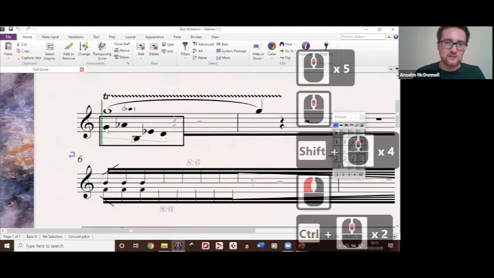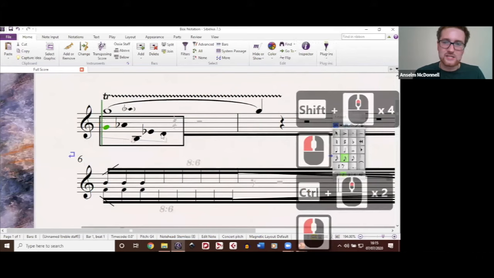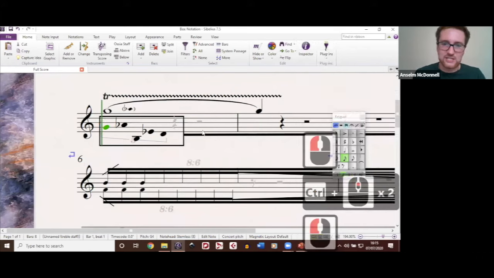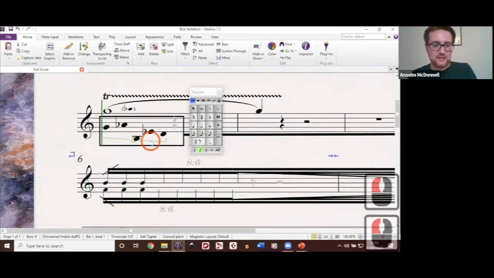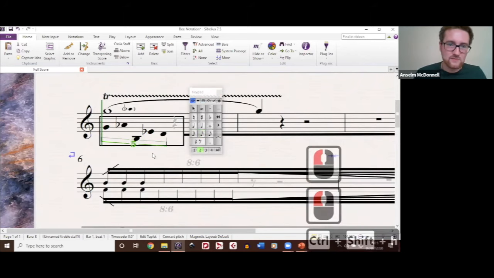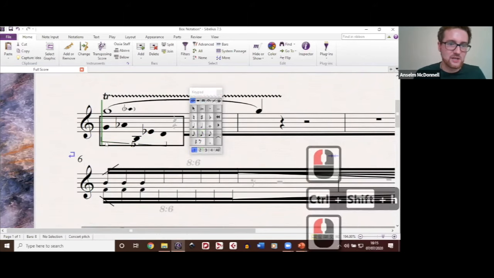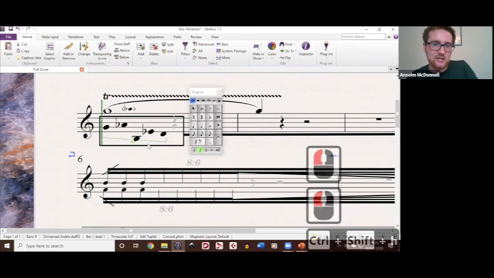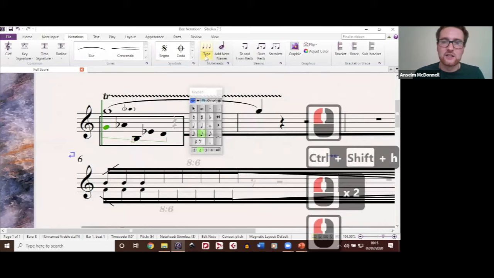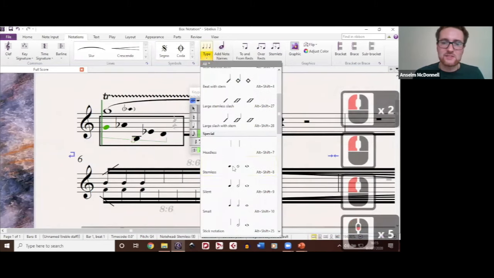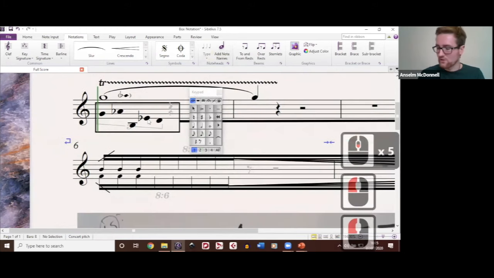You'll see here that these are actually semiquavers, and it's a quintuplet, okay? But I've clicked on the quintuplet symbol and I've hidden it. I've also made these stemless, okay? So that we can't see the stem as well. Now the box